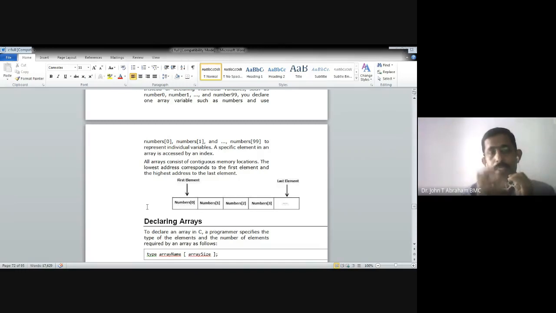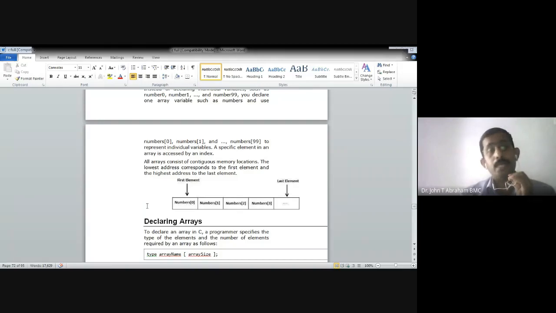So the first element of the array is the 0th element. The 0th element contains some value. If it is an integer array, all the elements of the array will contain integer values.